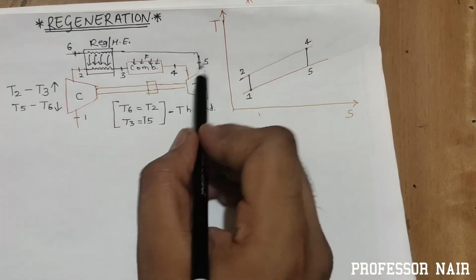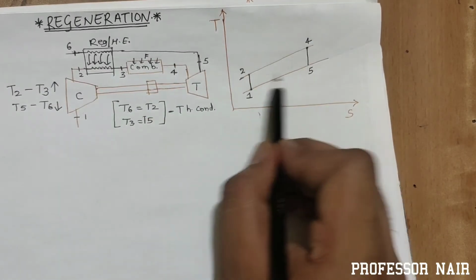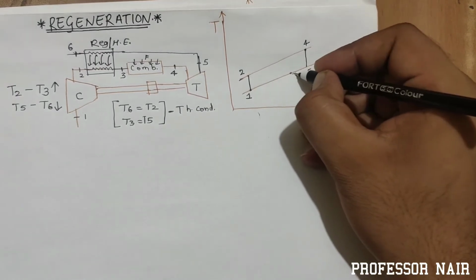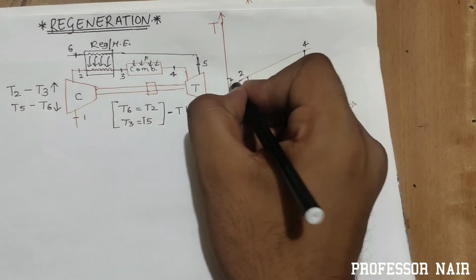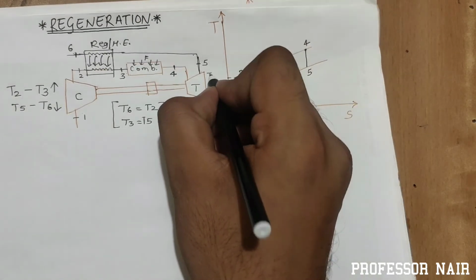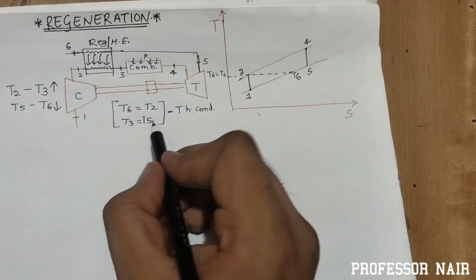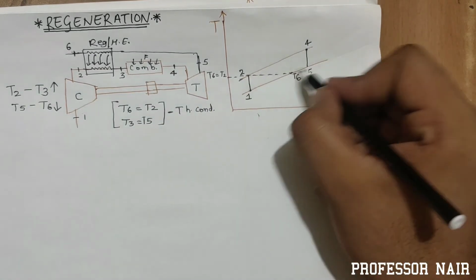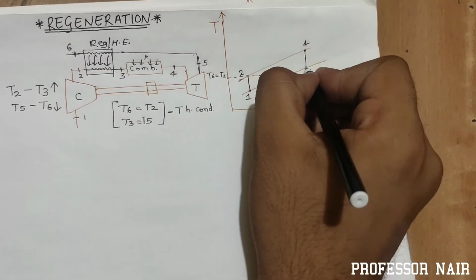So dear students, after 5th, what is happening? The temperature is reducing from T5 to T6. If it gets reduced, I will write here this point. And theoretically speaking, T6 should be equal to T2, right? So here I can write T6 equals T2. Correct? Similarly, 2 to 3 point is increasing, and it should be equal to T5, right?